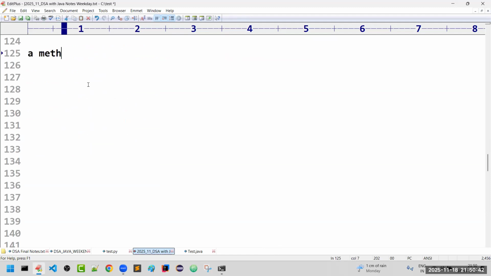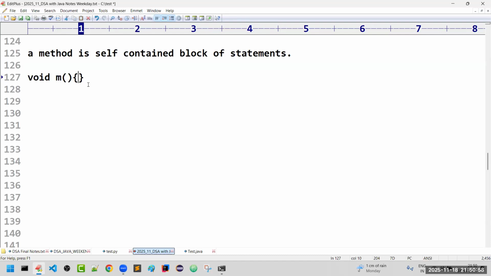Sir, a method is a self-contained block of statements. Yes, exactly. So self-contained block of statements means what? Suppose you have a method m like this, internally it will contain some piece of code.